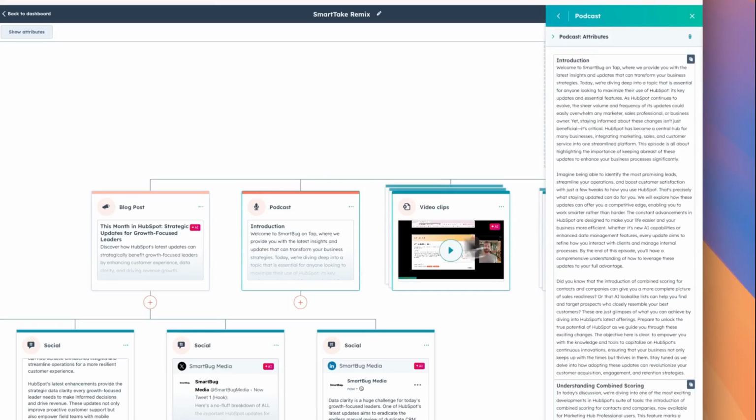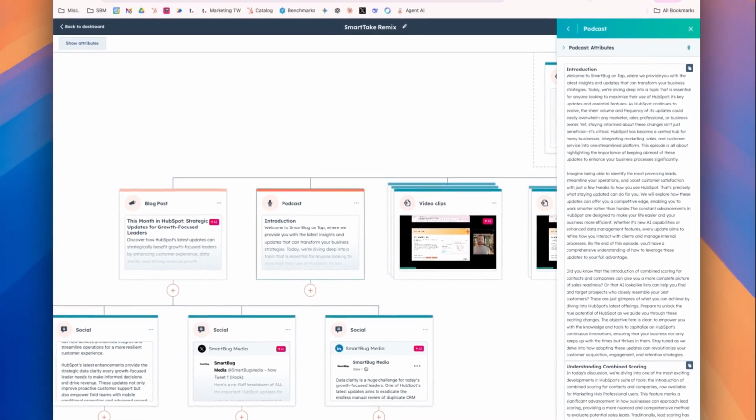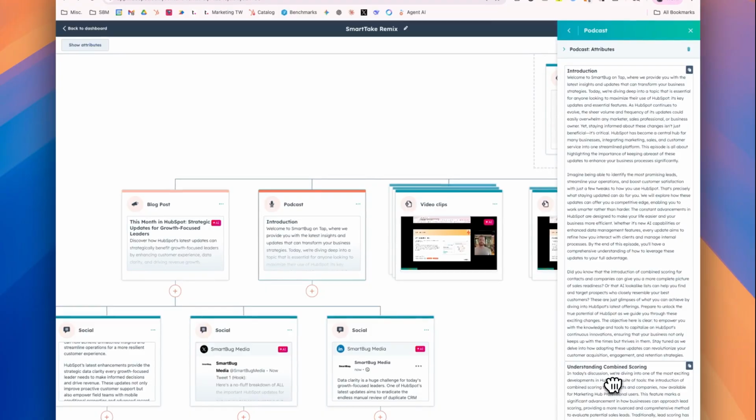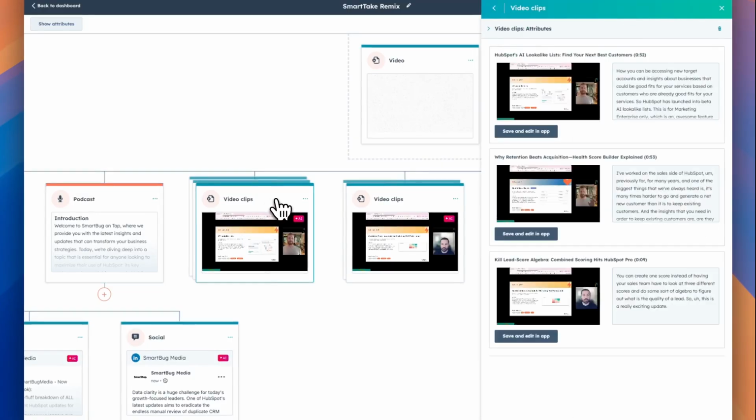And inside of each one of these assets, you can see where it says save and edit an app. It'll then take you to another screen where you go in and you can make tweaks to it. You can adjust the asset accordingly. Within the video clip section, you can